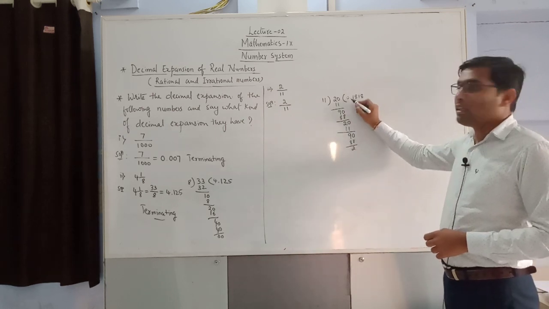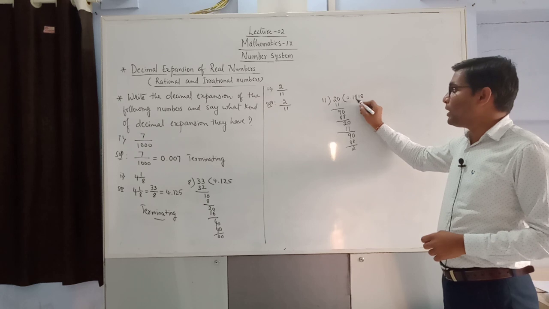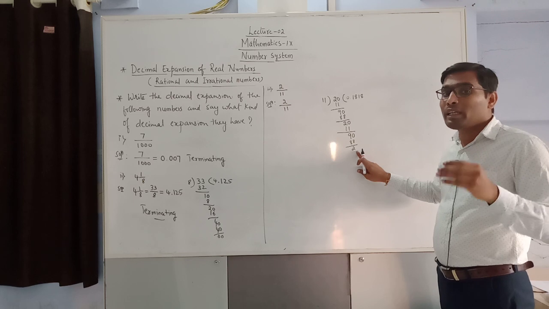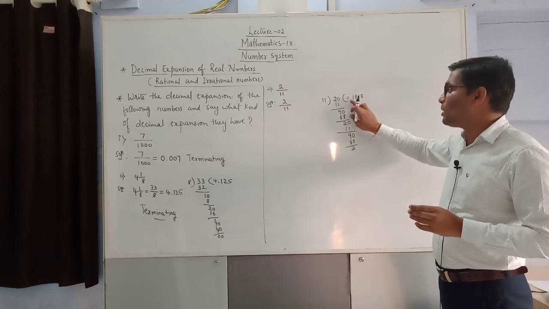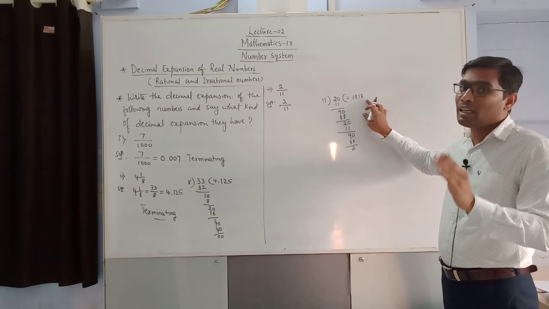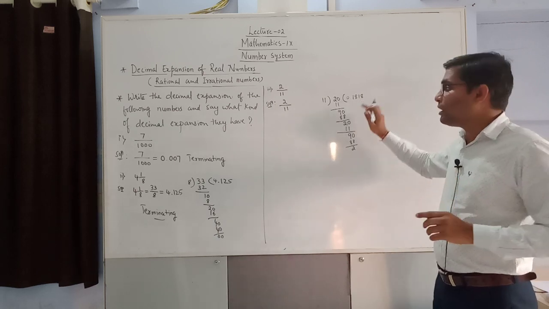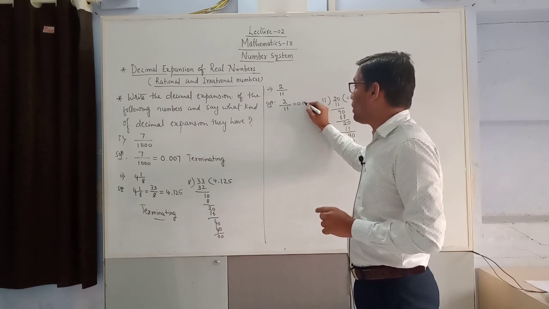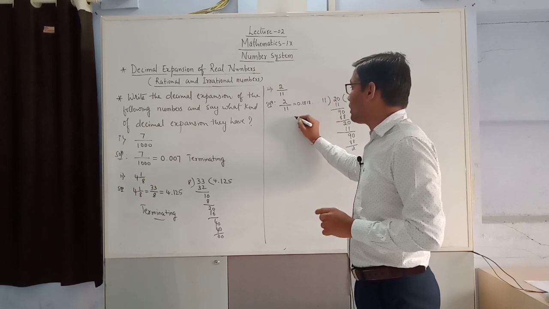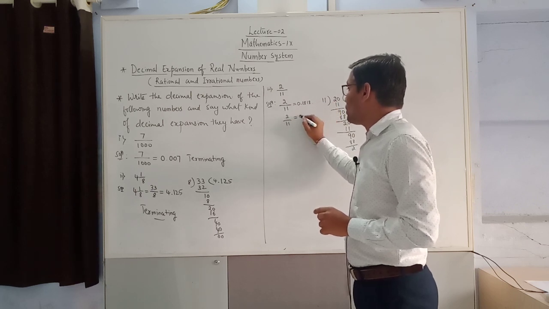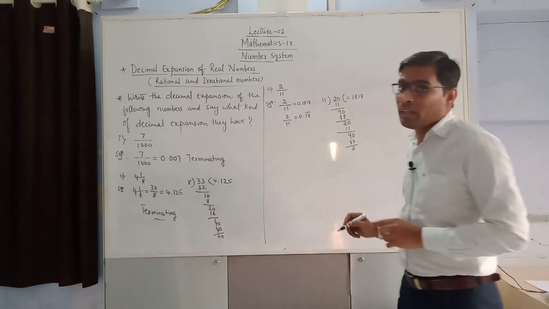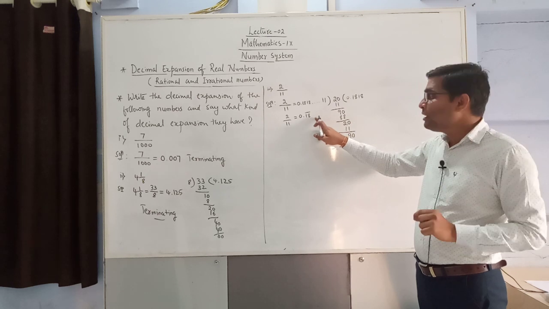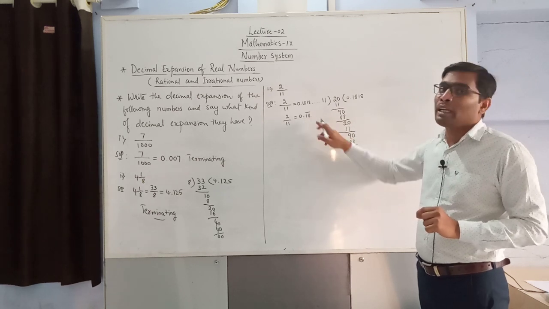Now see here in the quotient, after the decimal point, 1818. It means we are not getting a remainder of 0, and after the decimal point the digits are not ending, and also the digits are repeating. Therefore we can write the decimal expansion of 2 by 11 as 0.1818... It can also be written as 0.18 bar. It means the bar is written on the 2 digits 1 and 8, so the 2 digits after the decimal point, 1 and 8, are repeating.